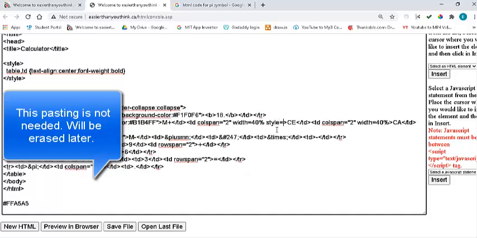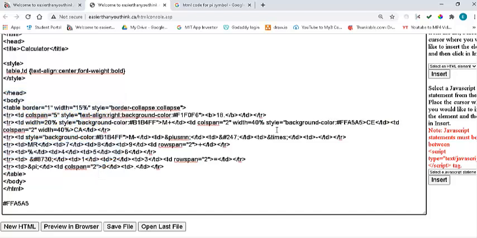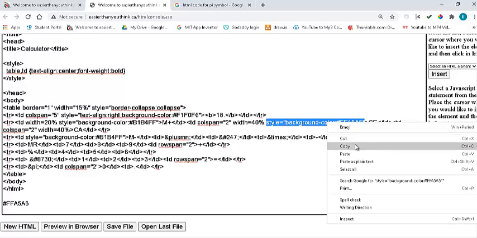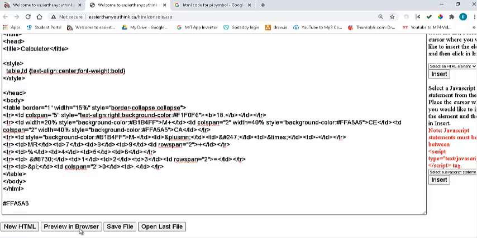So I'm going to say style is equal to double quotation mark background dash color to be the number that we just copied, and then I'm going to copy this one, and then I'm going to paste it to CA. Now if I go to the browser, you can see that everything is changed according to